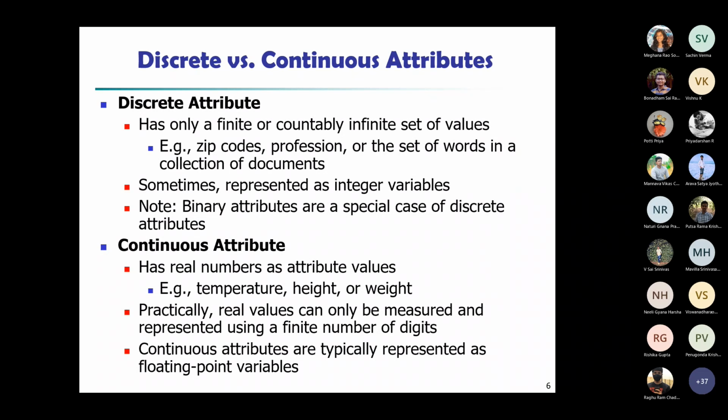Sometimes it would be represented as integer variables or other ways, the categories also, but they are all discrete, like you have a finite set of values. But of course binary is a special case of discrete values where you have only two values possible. Now, discrete ones were previously discussed, and all these examples would fall under discrete. Now, continuous attributes, what are they?